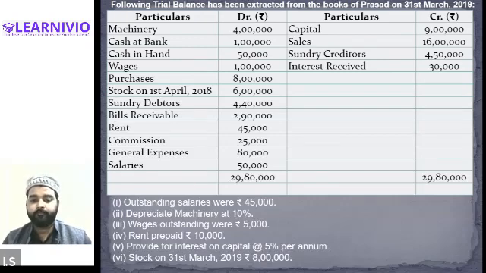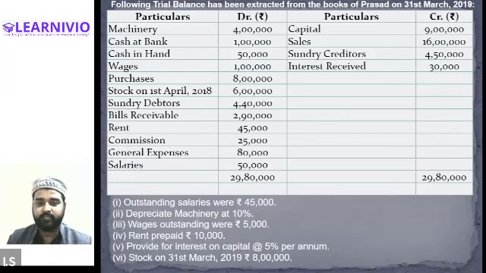Item number 2. The second item is cash at bank. There is no additional entry regarding the cash and bank. So first of all, write it down, cash at bank in the balance sheet, 1 lakh on the asset side, and cash in hand also in the balance sheet on the asset side. Please write it in the balance sheet on the asset side. Cash at bank and cash in hand, 1 lakh and 50,000 separately.